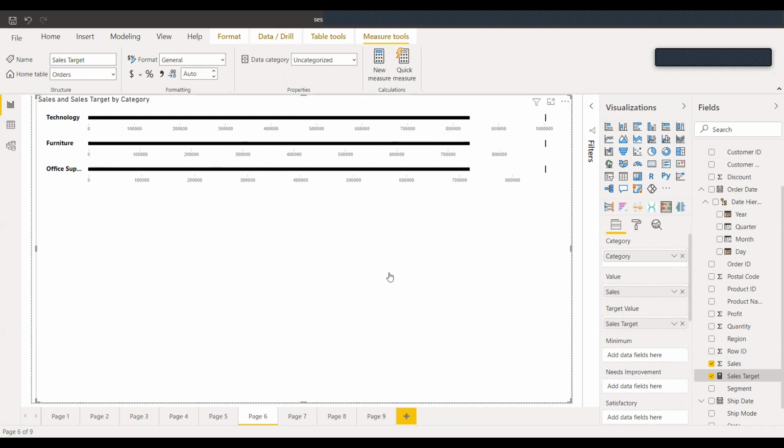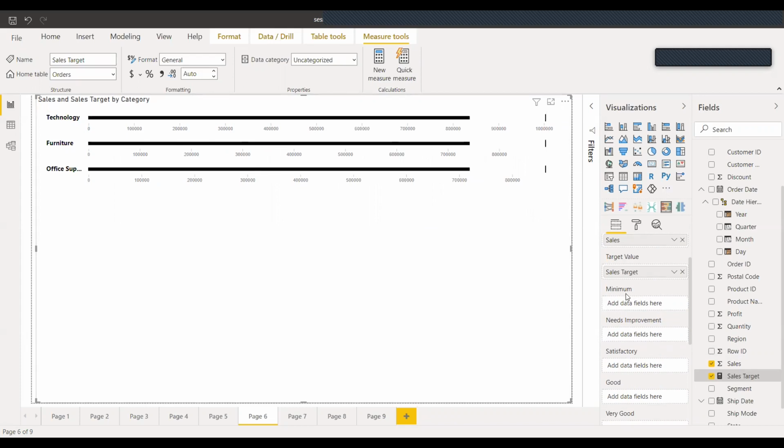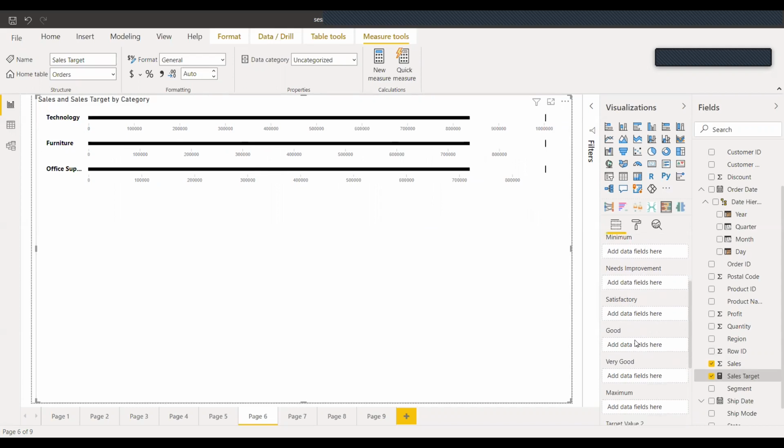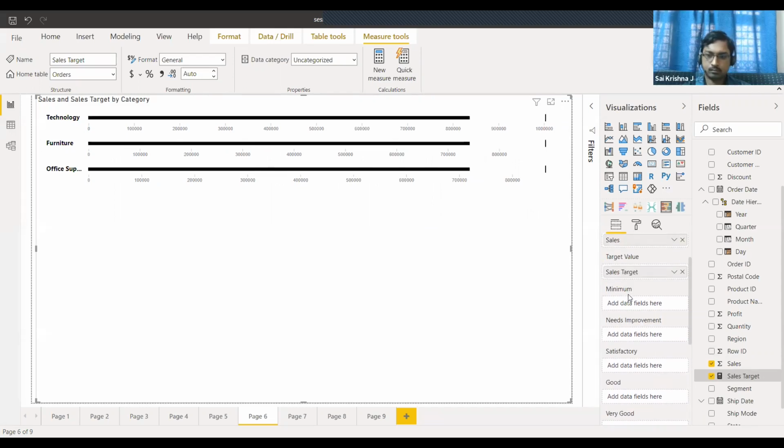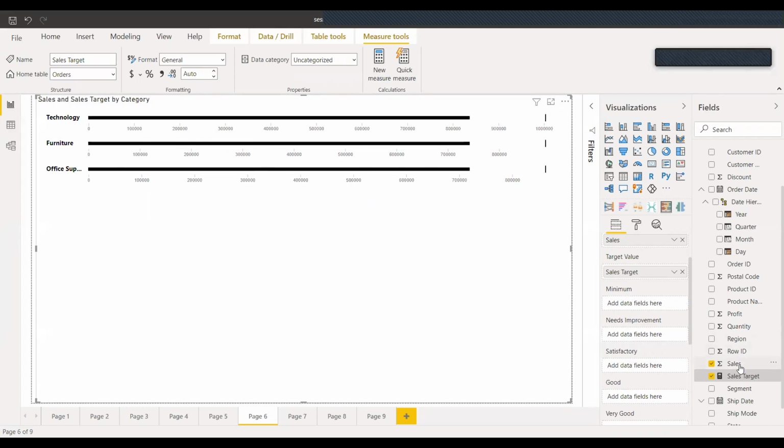Now what if you want to visualize what would be the minimum amount of sales that you want, what would need improvement, what would be a satisfactory percentage, what would be a good percentage, and what would be the very good maximum. So basically for any sales data, if we have various target values, we can just import them.